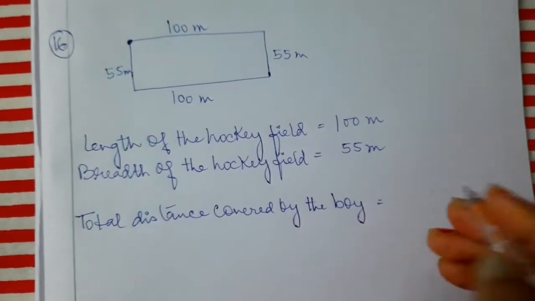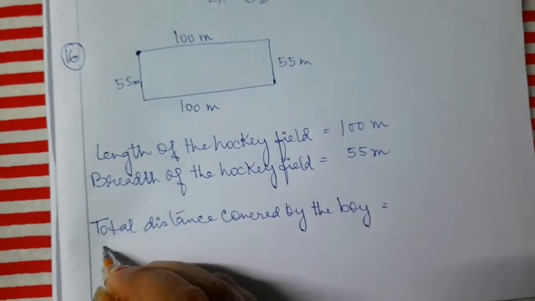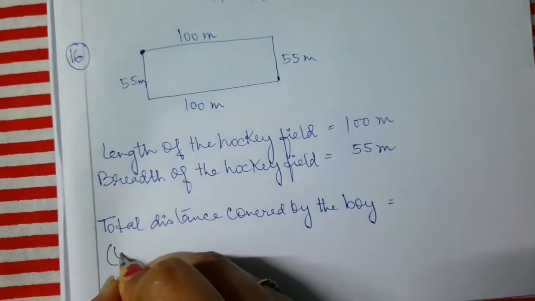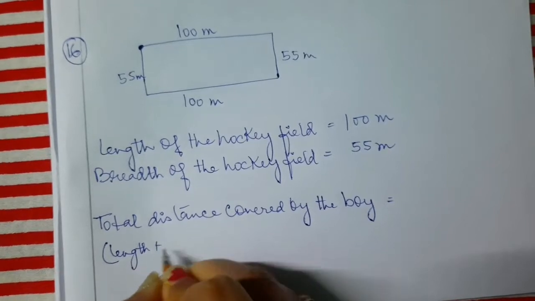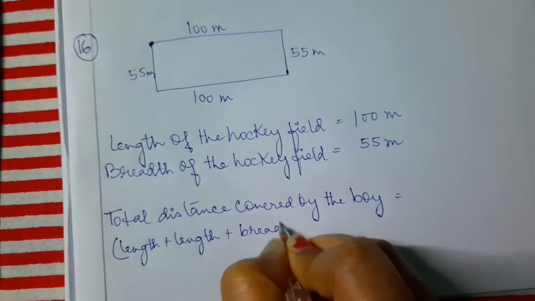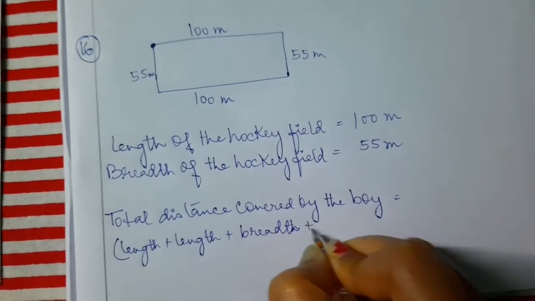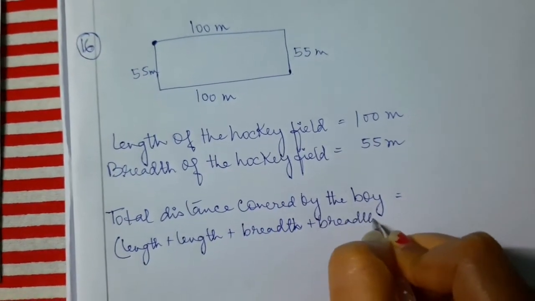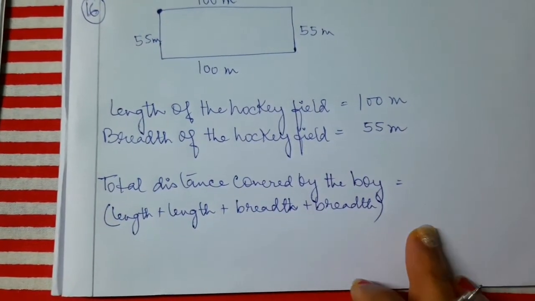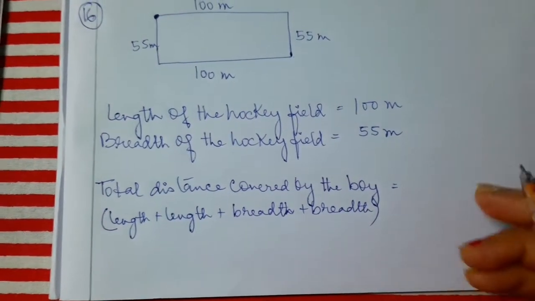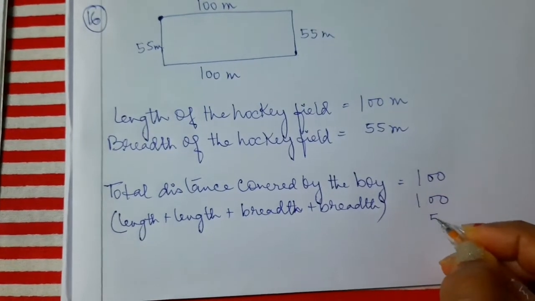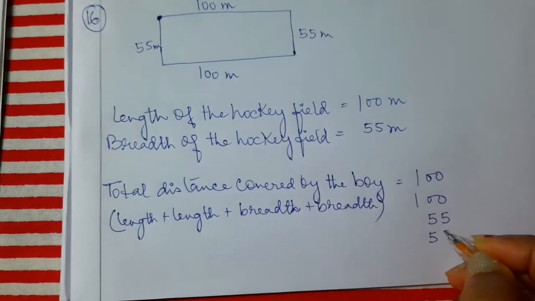So what are we doing? We are adding 2 lengths and 2 breadths. So let's write length plus length plus breadth plus breadth. We're just mentioning the way we are going to solve the sum here. So now let's write 100 plus 100 plus 55 plus 55